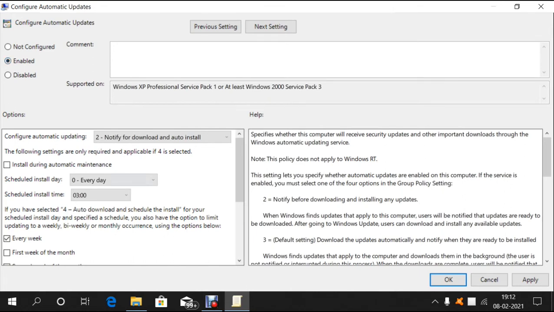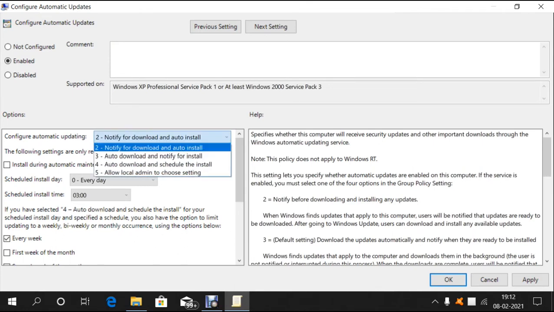Now here you could see the configure automatic updating options. The first is notify for download and auto install, and the third option is auto download and notify for install, and the next one is auto download and schedule the install, and the fifth one is allow local admin to choose setting.